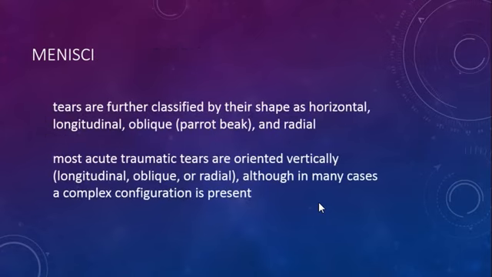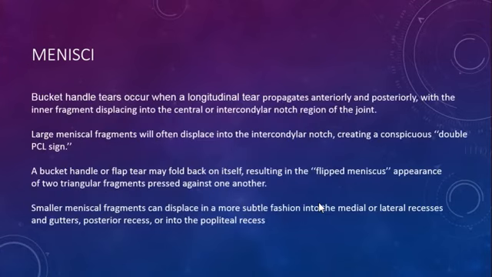Also, tears, as we said, are further classified by their shape as horizontal, longitudinal, oblique, what's called parrot beak, and radial tears. Most acute traumatic tears are oriented vertically. They can be longitudinal, oblique, or radial, although in many cases a complex configuration is present. Regarding what's called a bucket handle tear, this kind of tear occurs when a longitudinal tear propagates both anteriorly and posteriorly,